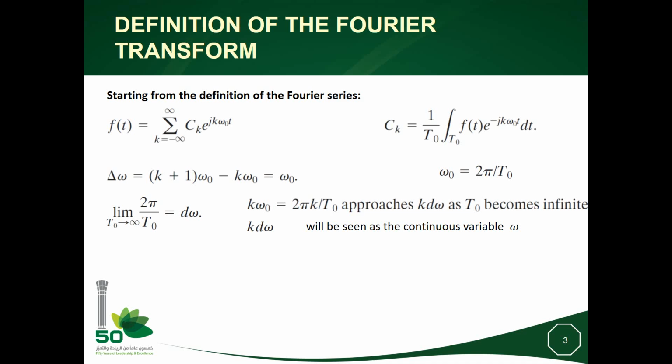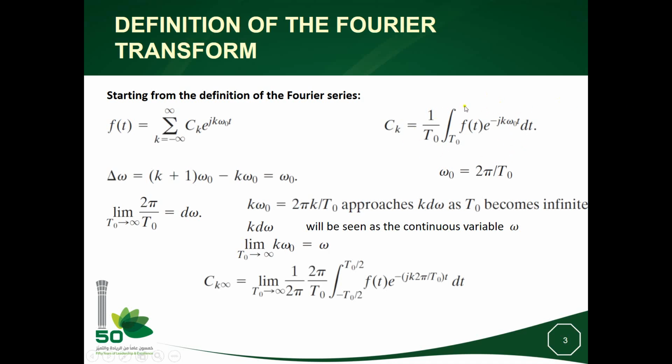So if we admit this definition, we will see k omega 0 as the true continuous variable omega when k takes values in R, the set of the real numbers. According to these new definitions, we can set k omega 0 equal to omega when the period is set to plus infinity, and